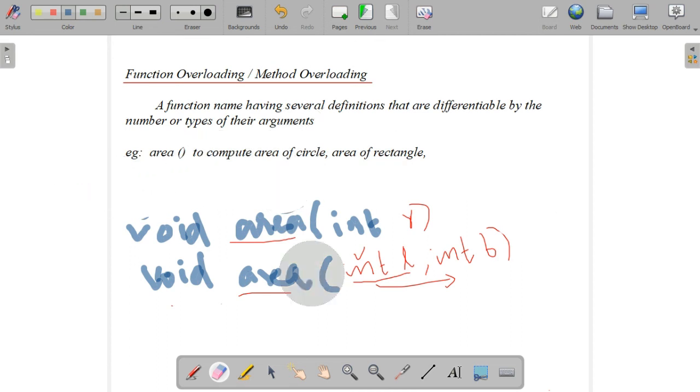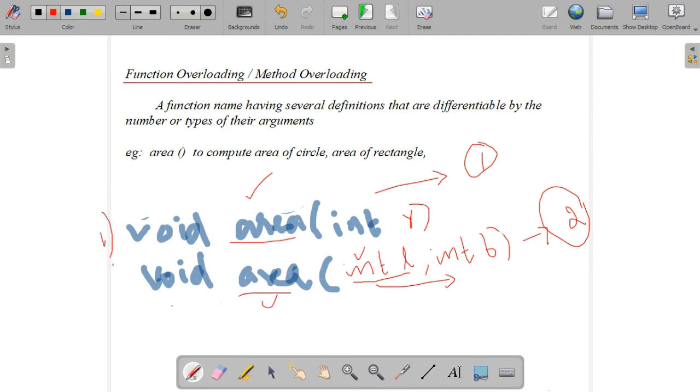Okay. So in this example, what is the concept of function overloading? Functions having the same name but different arguments is known as function overloading. So this is the example, void area. Area is the same name here, but in the first method we have only one parameter. In the second method we have two parameters, both integers. It will treat them as different. So this is known as the function overloading concept.